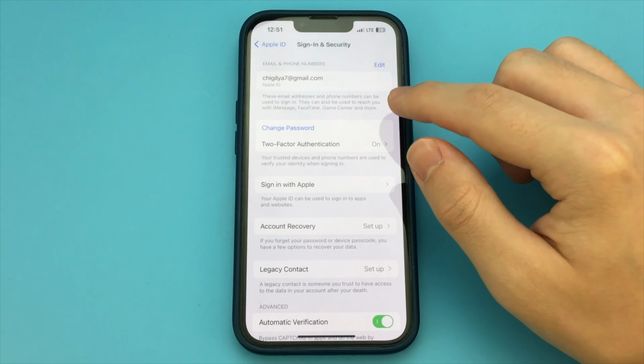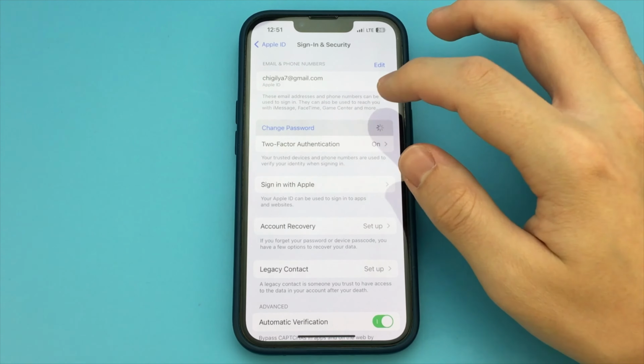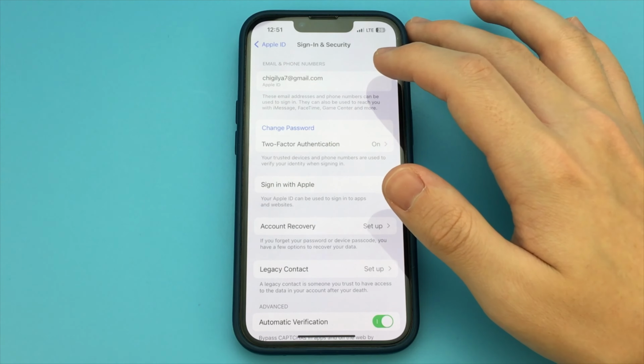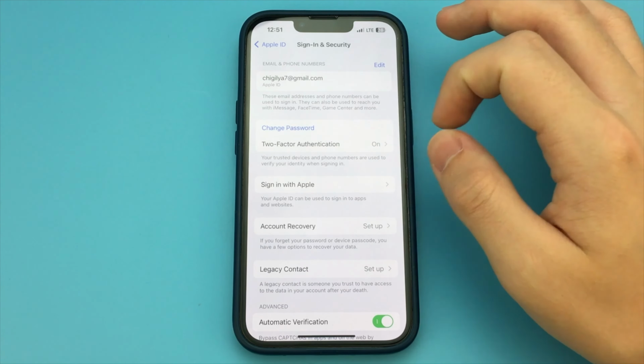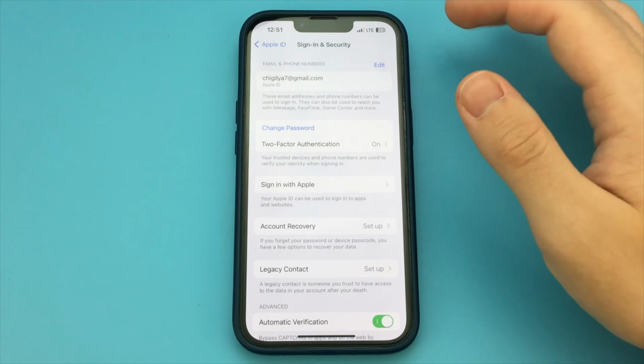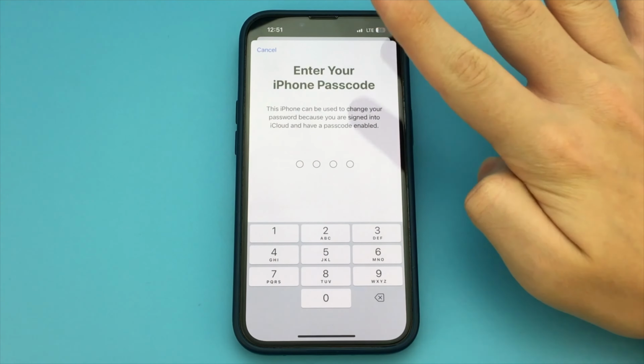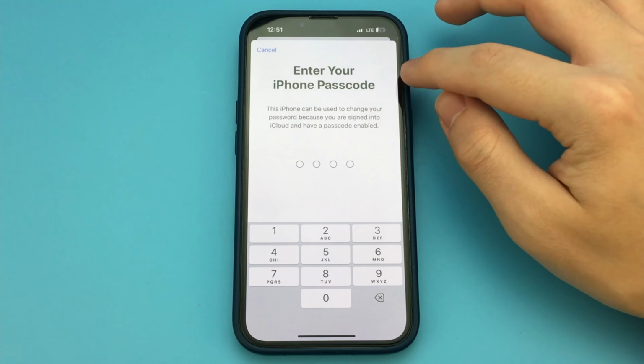Wait literally a couple of seconds, the settings of all that we have in this item are loading, and here we will have to click on the item Change password at the top. Click. Now here we just enter the password from our iPhone, entered, and look. Now here we specify a new password. Repeat the new password and click